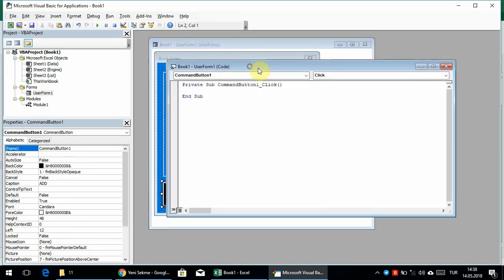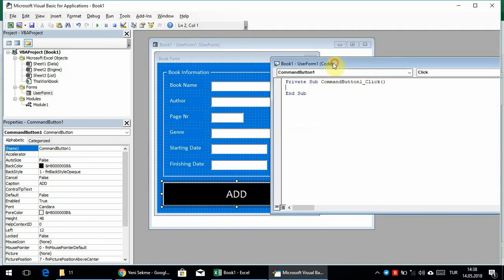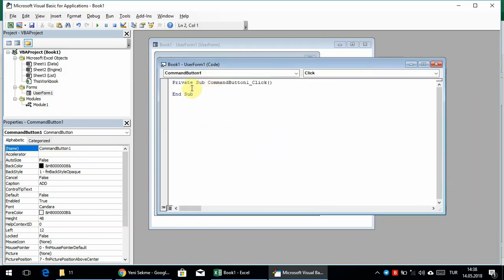Let's double click on the button. Now as you double click on the add button, you're going to be able to add codes to the button. So here we open the codes of the command button one. Now first of all, we have to unprotect the worksheet, and when we finish our job, when we finish adding or updating, we're going to protect it again. So let's select ActiveSheet.Unprotect, and then Sheets data